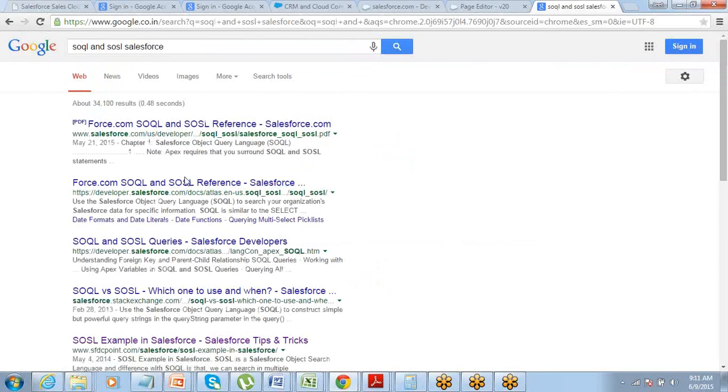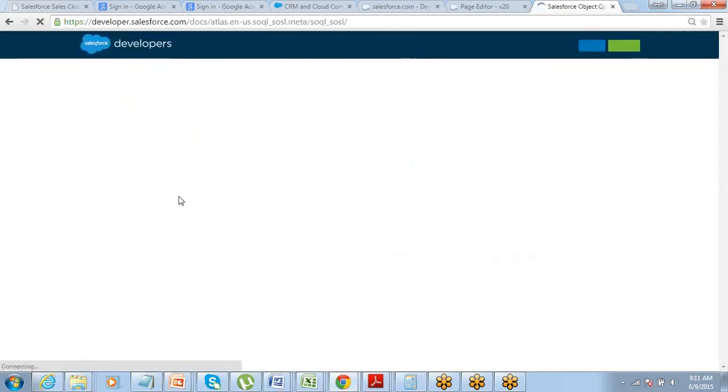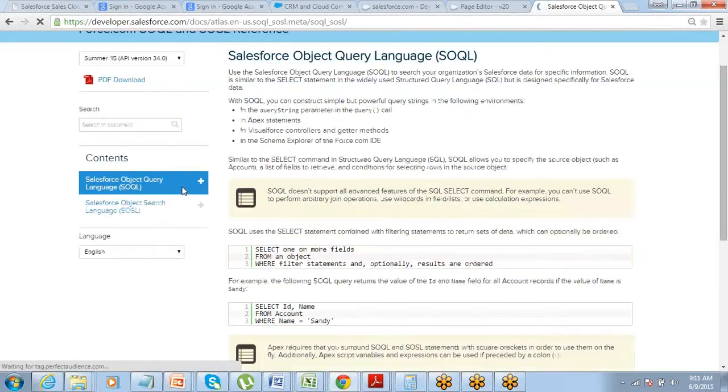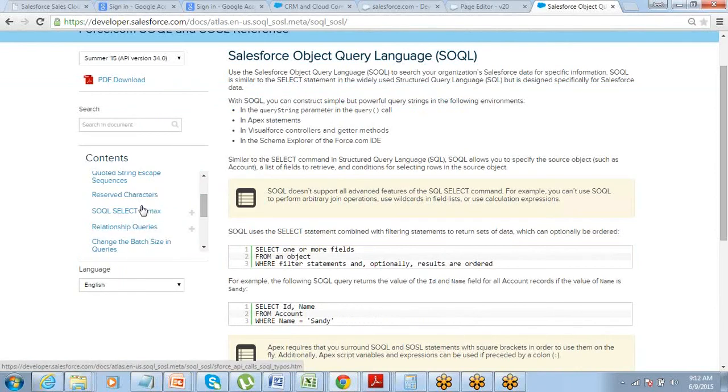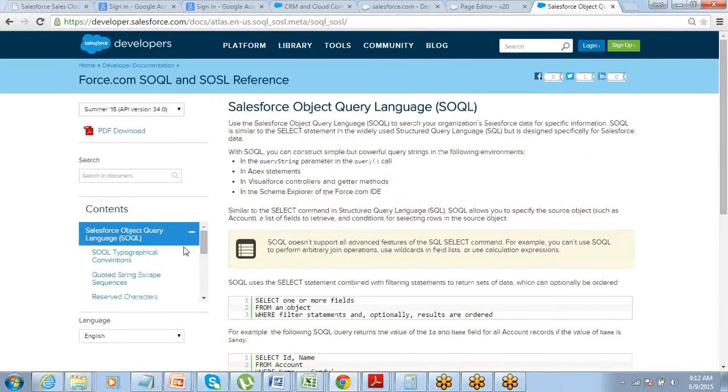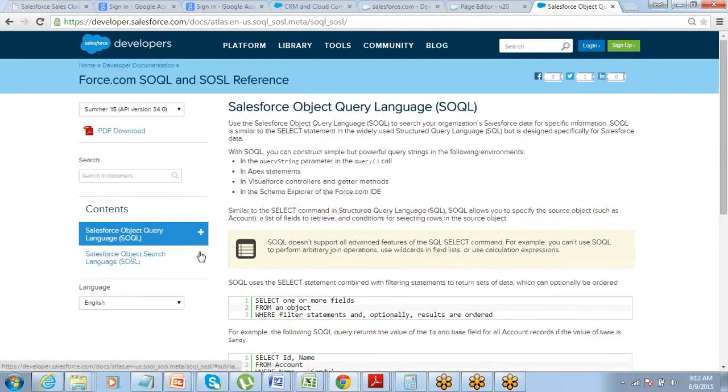I'll just share the link with you. See, force.com SOQL and SOSL reference. It has every detail about the syntax and everything. So this is for SOQL, the first one, typographical convention and quoted strings and everything. And the other one is this one.